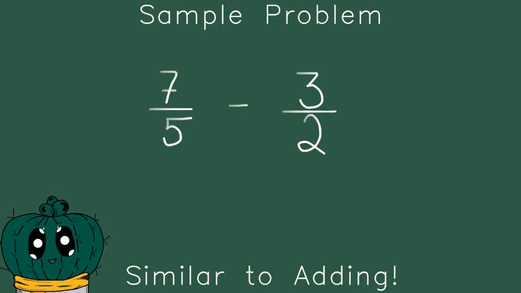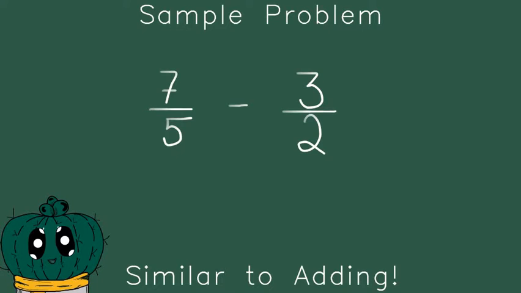How we did addition in the previous lecture, the way we added those two fractions is going to be pretty similar to how we subtract the fractions. The only difference here is that instead of adding the numerators, you're going to basically subtract them. Now, first of all, as with the addition portion,